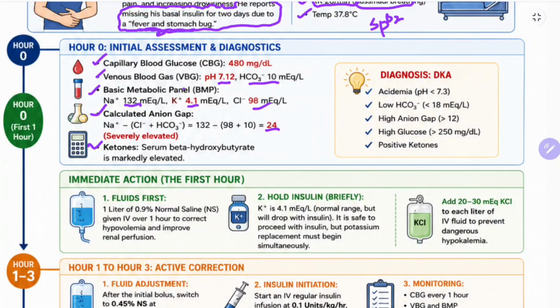Ketones, serum beta hydroxybutyrate is markedly elevated. So DKA is diagnosed, and it is a moderate DKA. So this can be managed in the ward itself, but requires close monitoring. Acidemia less than 7.3, bicarbonate low, high anion gap more than 12, 24 it is, high glucose more than